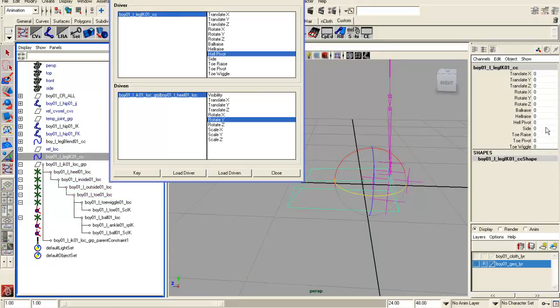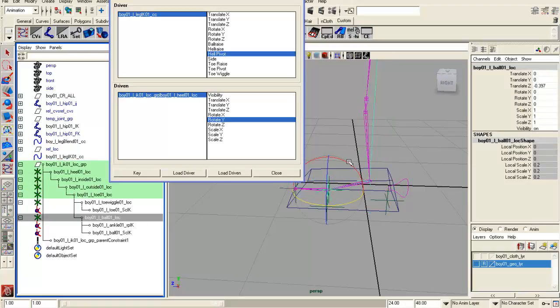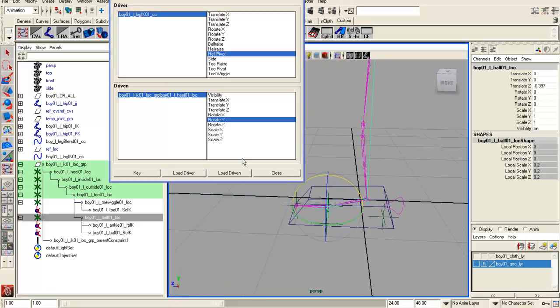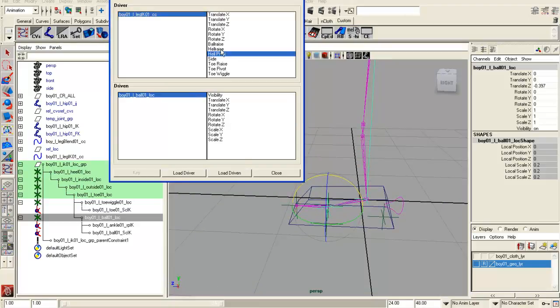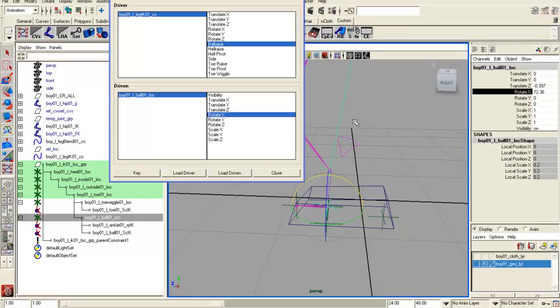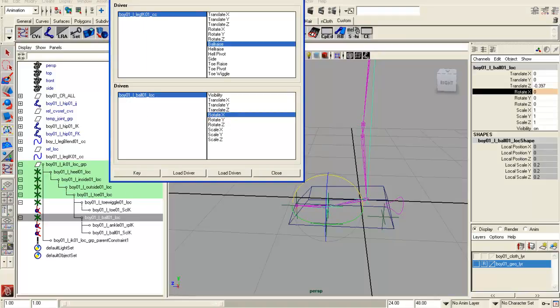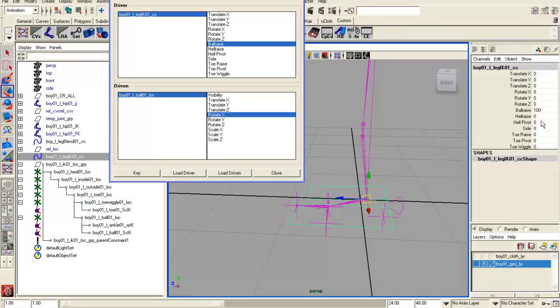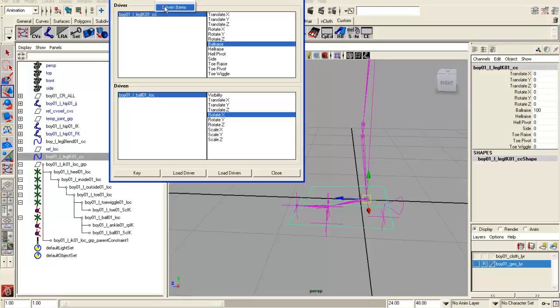I'll put the value to 0. Select ball locator. It's going to, okay, the perfect way. Rotate as a driven. Select ball raise, and then select, I think X is going to be the rotate axis. Okay, so key selected, and select, go to its ball raise, put the value of 100, and then select driven